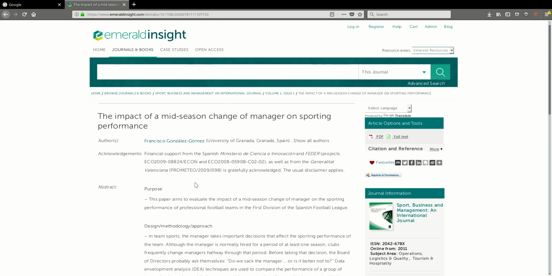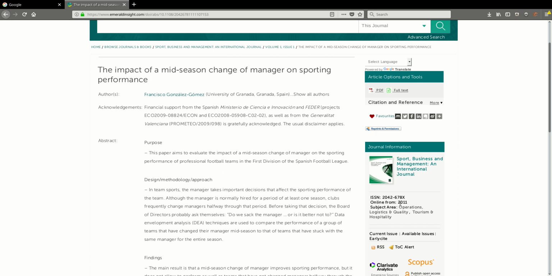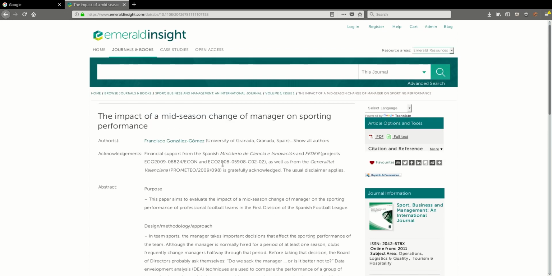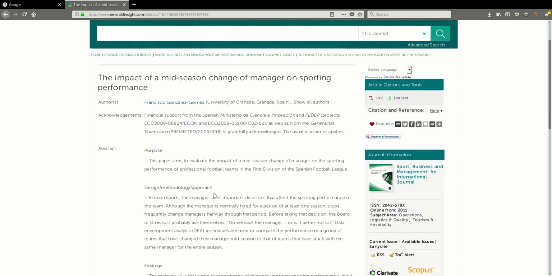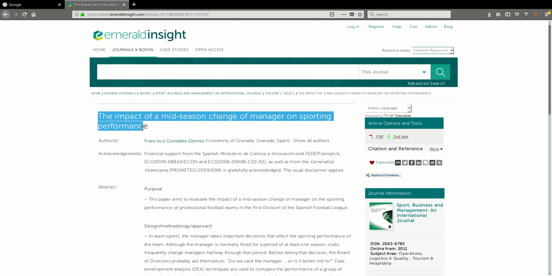What I'm actually going to do is not go and read the paper immediately. This is a paper from, let's see, 2011. I'd like to see if there's any more recent work than 2011, and perhaps on, I think this is about the Spanish league, so there might be some papers on other leagues. So what I'm going to do is to copy the title of this paper,